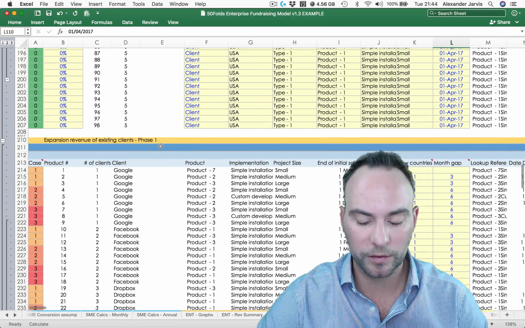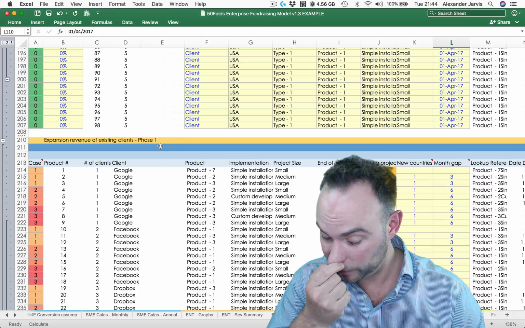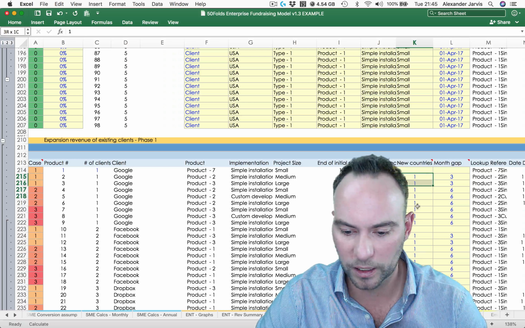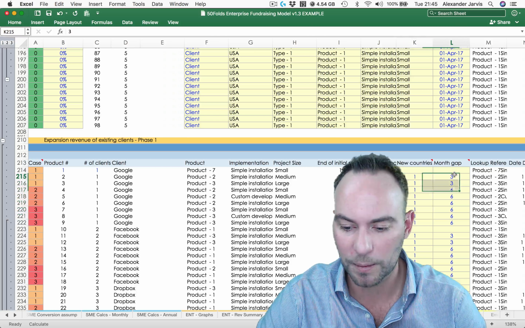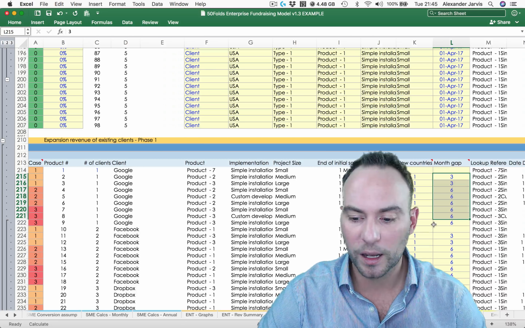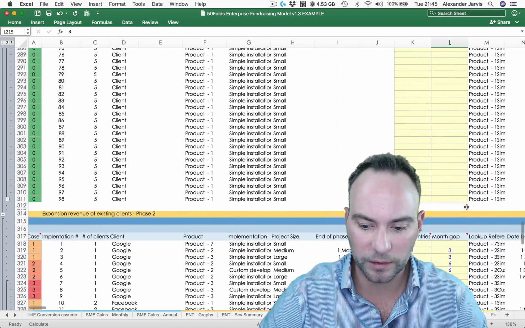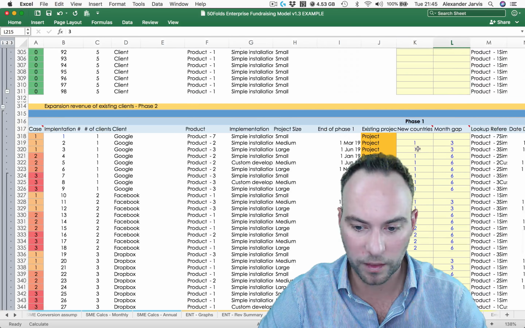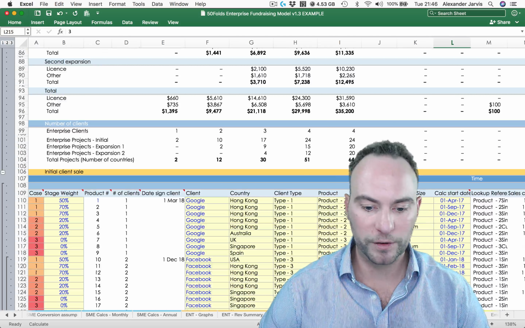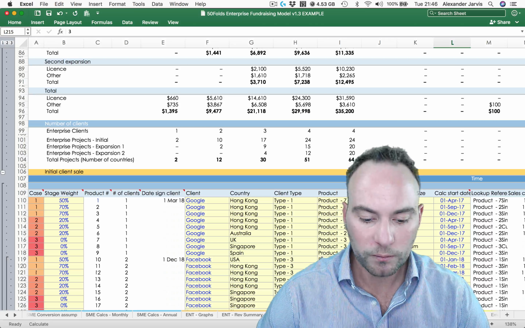And then, if you want to start thinking about making expansion revenue for them, you put in how many new countries or new products, whatever, like countries you're going to sell for here. What is the gap going to be? It's going to be 6 months. It could be 2 years, maybe. And then you'll just make more money, expansion revenue. And then the third phase, or the second phase effectively, the expansion phase. So yeah, hopefully you understand this now.